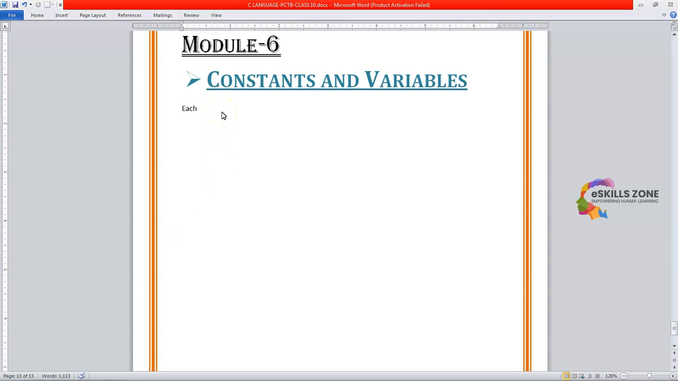So let's start. Each language has a basic set of alphabets, like a character set, that are combined in an allowable manner to form words, and then these words can be used to form sentences. Similarly, in C programming language,